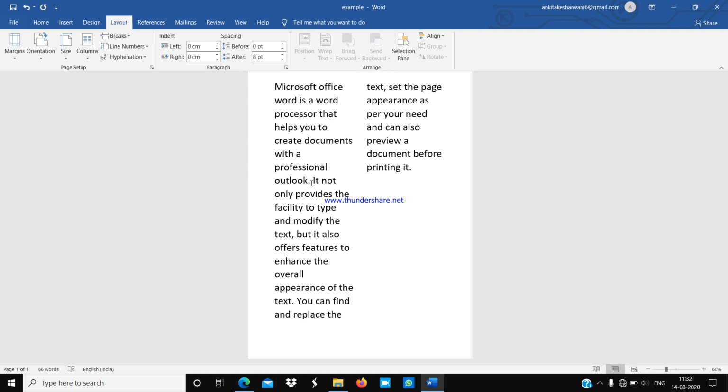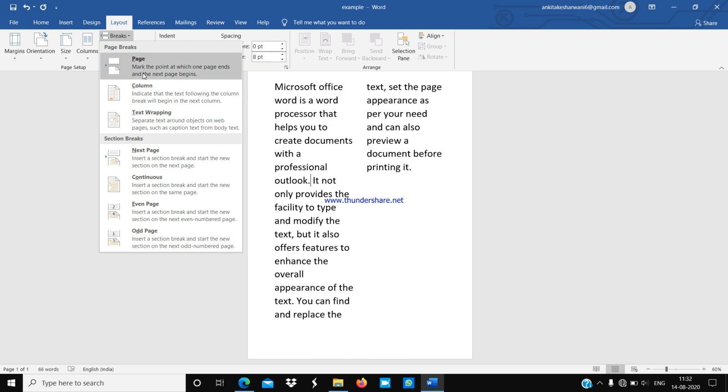You can see my mouse cursor is placed between Outlook and it word. Now click on the Breaks button on the Layout tab. The Layout tab is already selected, and you have to click on this Breaks button.